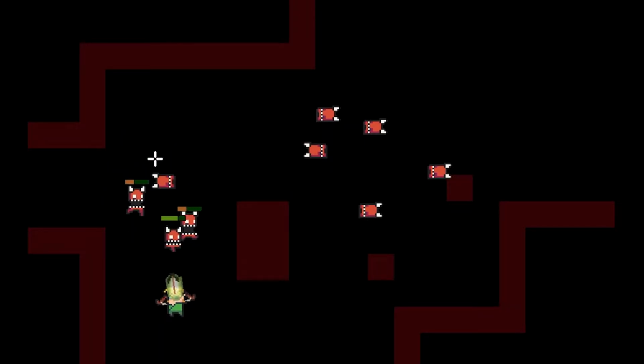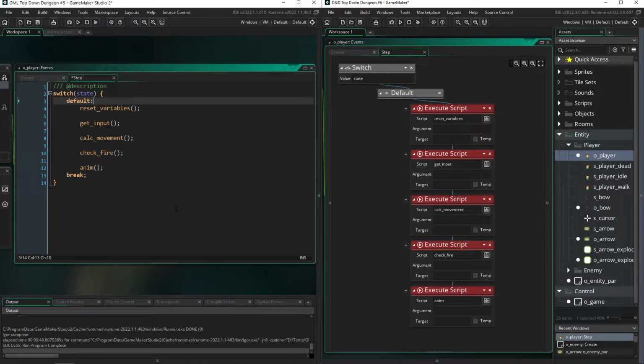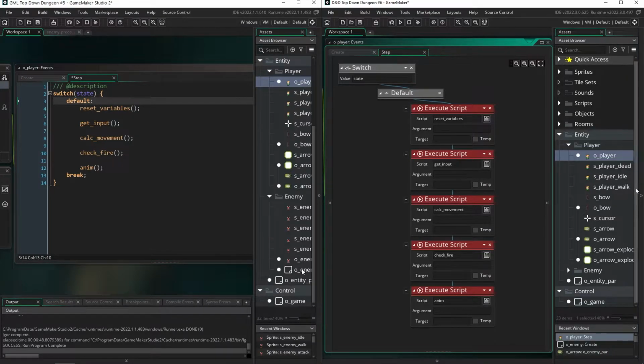So let's go look at our player step event from the last tutorial. Now that we have all the states working, we can ensure when we kill an enemy, they move to the dead state, and while in that state, our arrows no longer damage them. So to do that, we'll need to add some hit points or some HP onto the enemy. So let's go to our enemy parent,